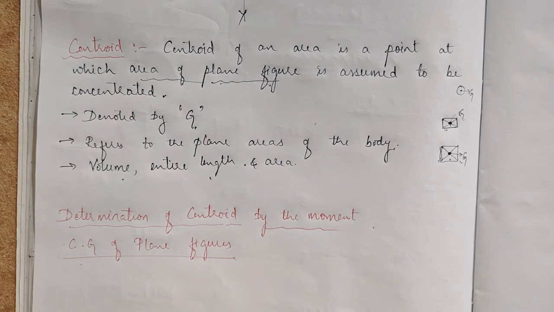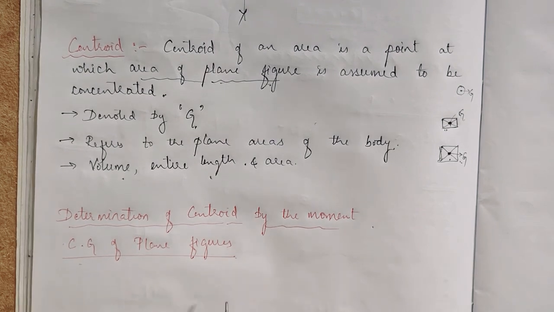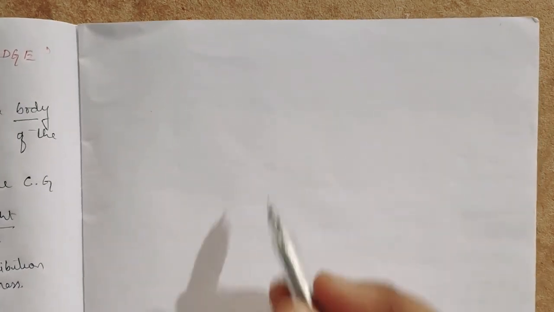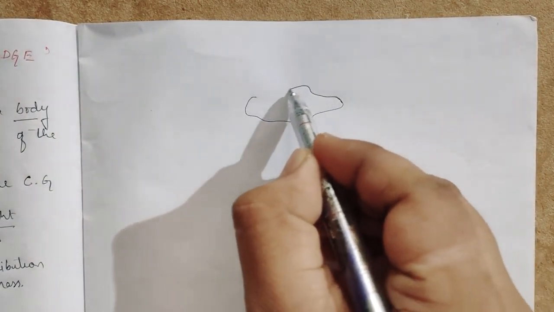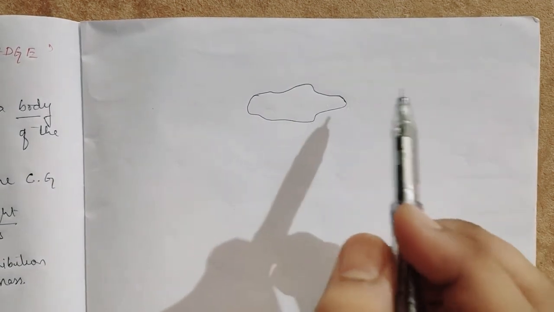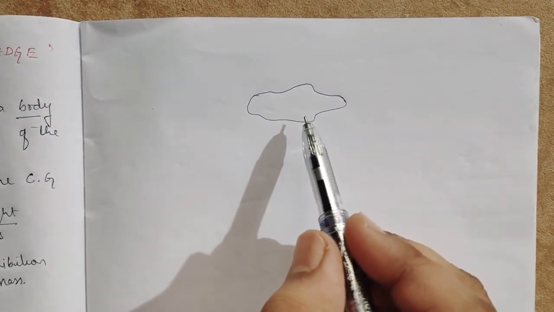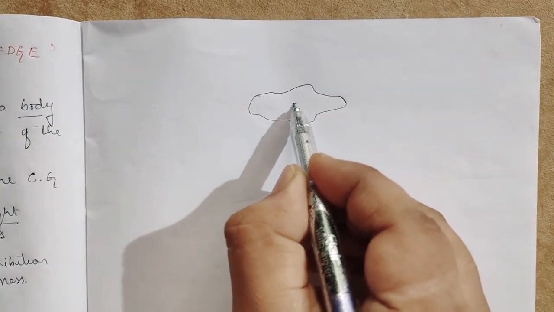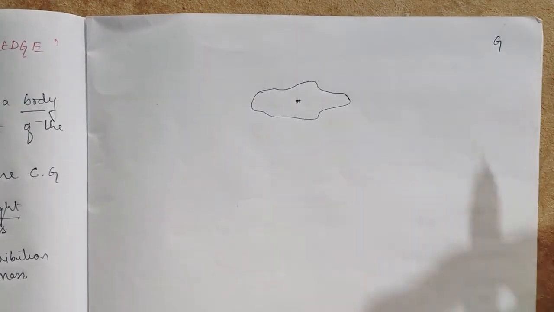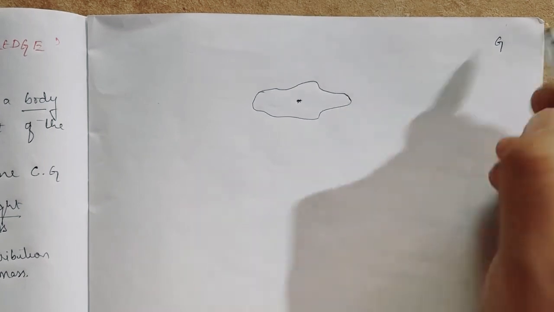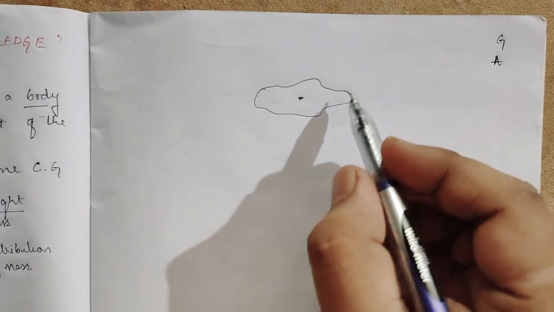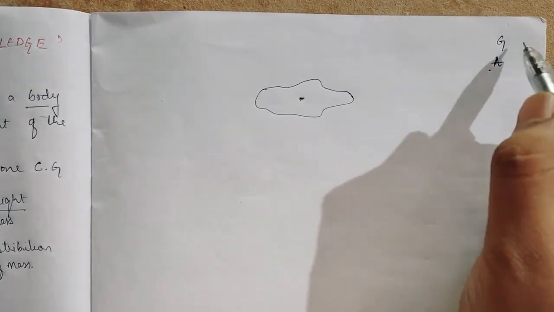For that, let us assume a figure. So what I do is, I'll go to the next page. So here, now let us assume a body. Any body, or it may be a plane figure also. If I refer to CG, then it is a body. If I refer to centroid, it is a plane figure. Now let G be the centroid of it, and let A be the area of this body. A means it is the total area. So let us consider a body with total area A and G as the centroid.